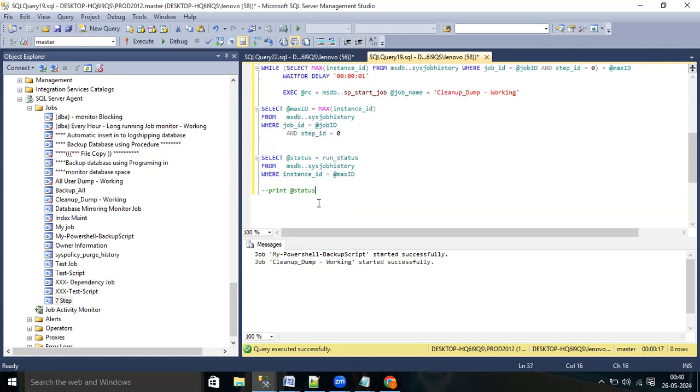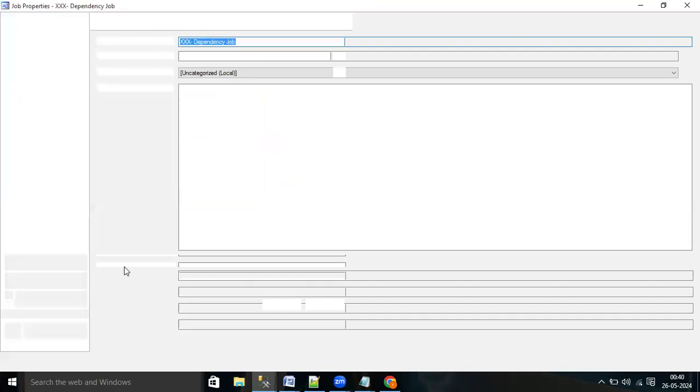You can create the database mail configuration also. You can write here if the status is 0, send a mail saying this job has failed, or otherwise some report you want to send, saying this job failed at this time. That also you will be able to do. You can use the database mail configuration, and you can schedule that also. So like that, and the same script I am going to put into this,